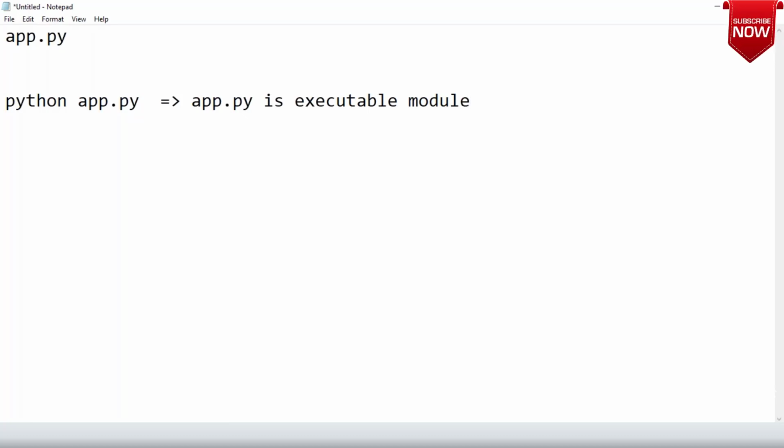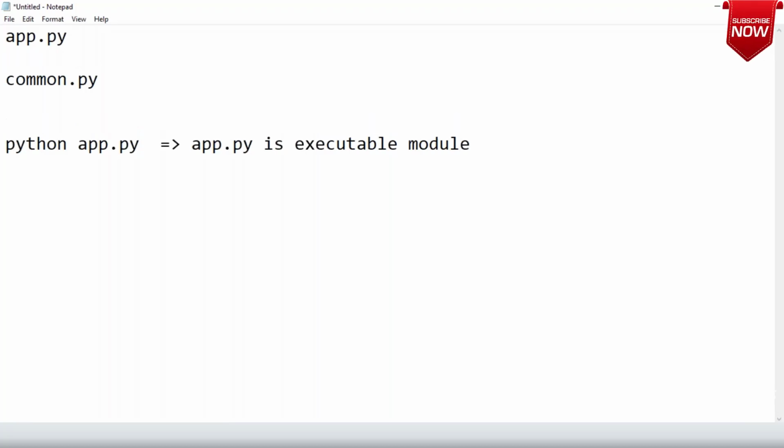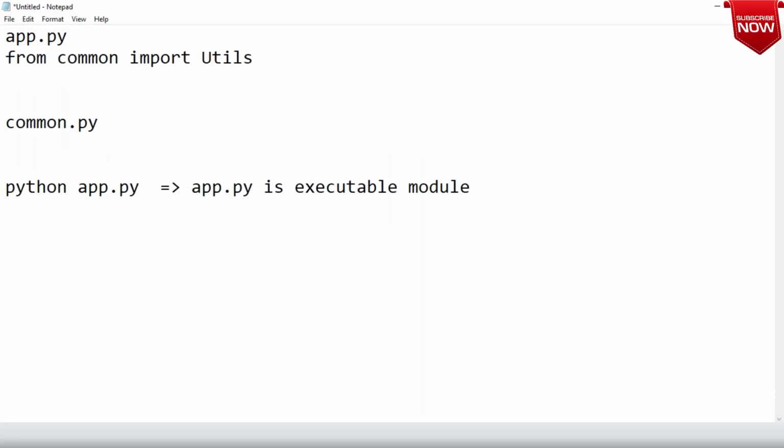Now, this module might call one more module called common.py. Inside app.py, you might have code which looks like from common import utils.